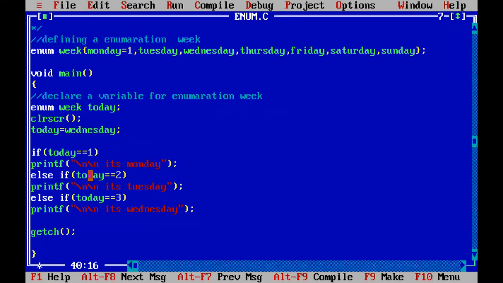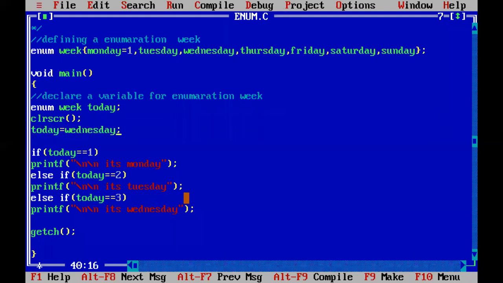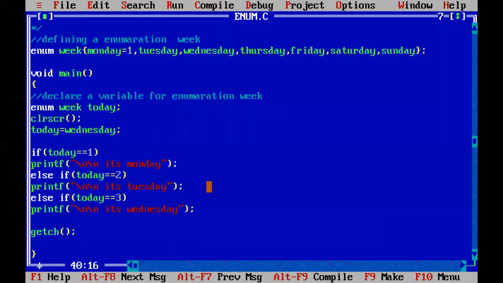Today value is 3. 3 equal to 2, false. And come here. Today value is 3. 3 equal to 3, yes. Then what is printed? It's Wednesday. Control F9 you can press, and it's a Wednesday. So these enumerations are very helpful when you are writing a